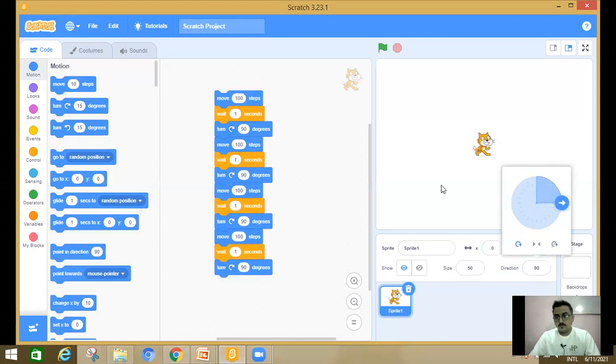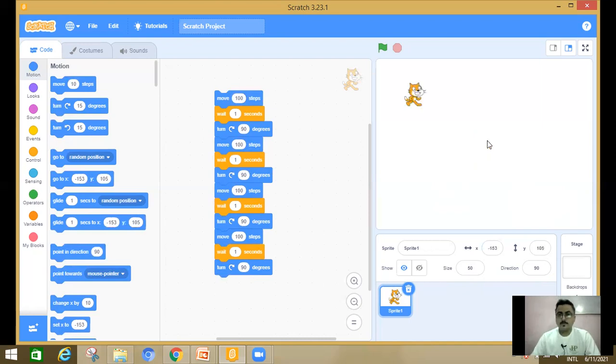Now, here you can see that my cat is in a middle position. So I am going to drag it here. Now I am going to run my script. My program is ready to run.